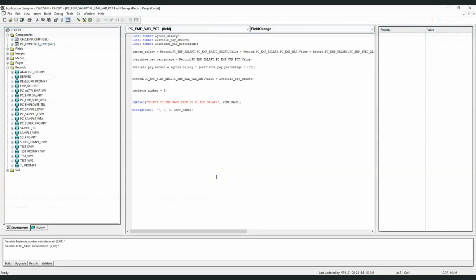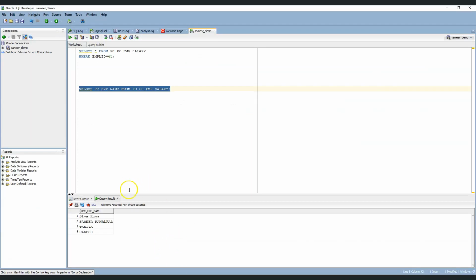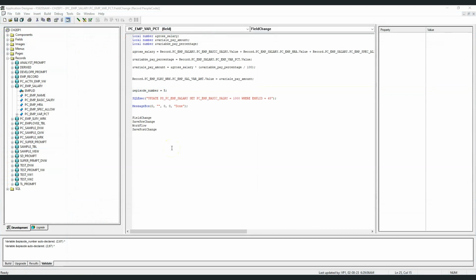This is because when running a select SQL in the SQLExec function, it will fetch only the first row present in this particular table. For example, if I check the database, Siva Koya was the first row of data and only that was fetched. So it is not a good idea to use the SQLExec function when we need to fetch multiple rows of data from the table. The second limitation when using the SQLExec function is that we can write this function to